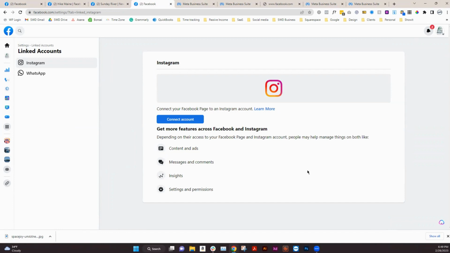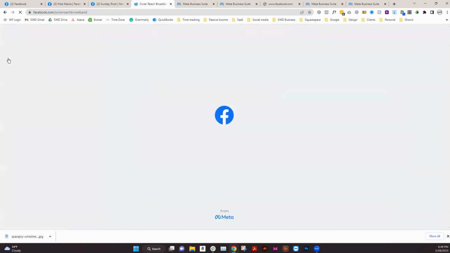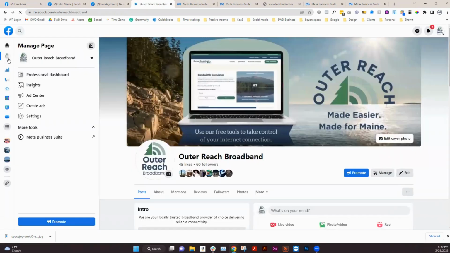What that's going to do is allow you to post content and ads to both platforms, and it will pull messages and comments into the back end of Facebook here. So then you can respond to comments on Instagram through this backend, as well as responding to messages through this backend here. So once you link it in the professional dashboard, I'm going to show you how to do the posting to both platforms. So if you come back out and we go to Meta Business Suite again,